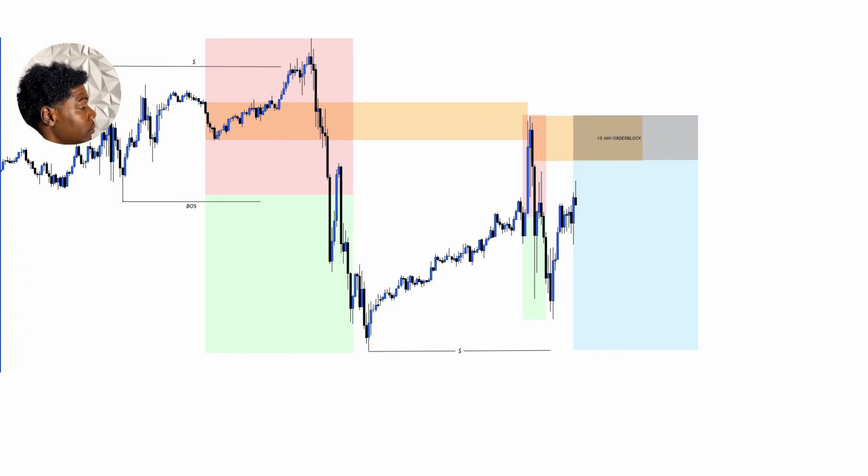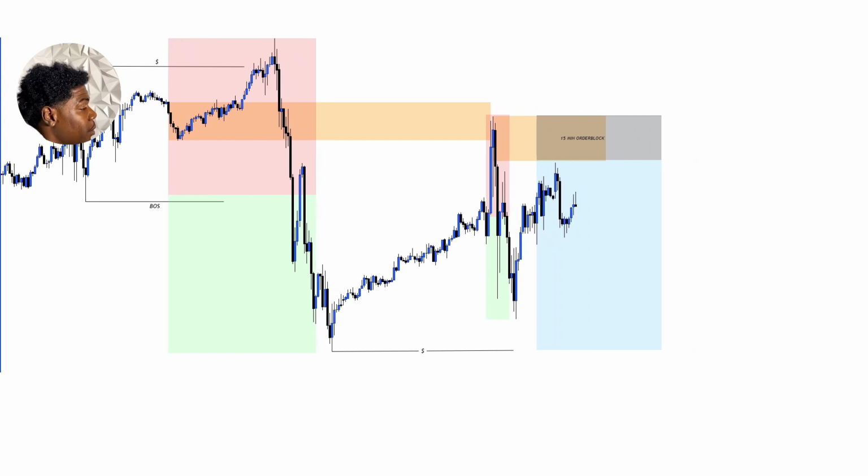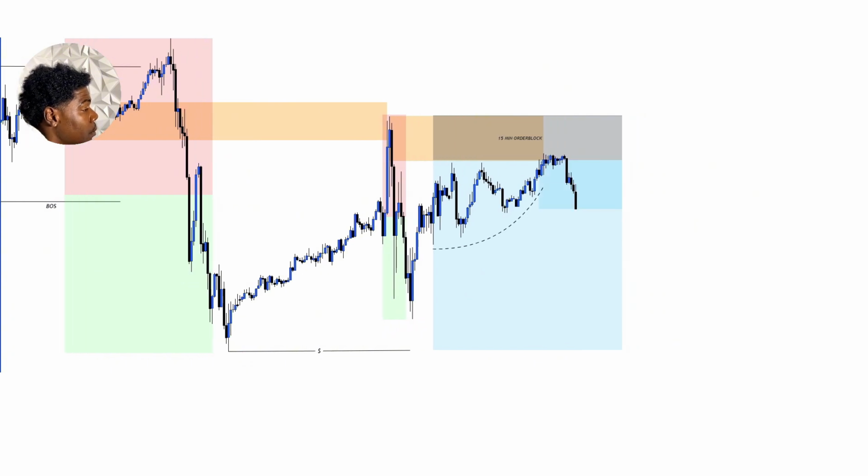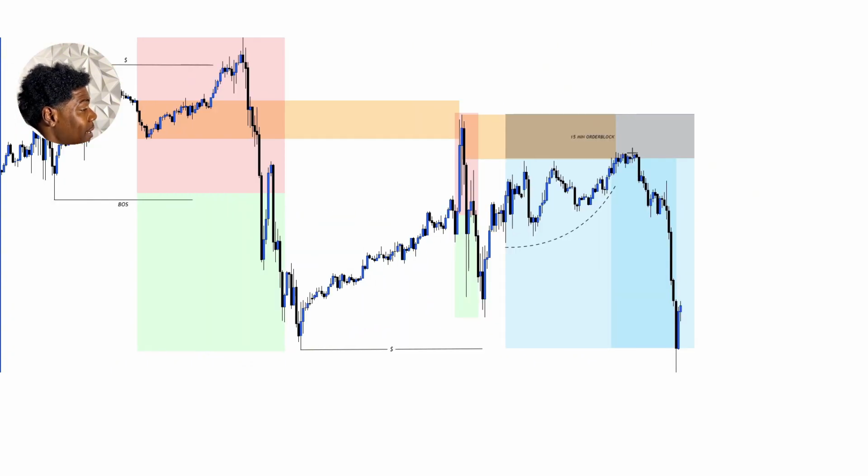Now let's play price. As you can see, price is playing inside of our range. Now, as you can see, after price built all this internal range liquidity lows, we can just bring a low right here. This is all internal range liquidity lows, and now price has tapped inside of our 15-minute order block. Now let's see if we can target these old lows, either this low right here or this old low. And boom, as you can see, after price pushed down lower and gave us a breakup structure of these old lows, we got a wick pullback right here, this old wick right here. This wick pulled back, mitigated its old zone to then push down lower violently